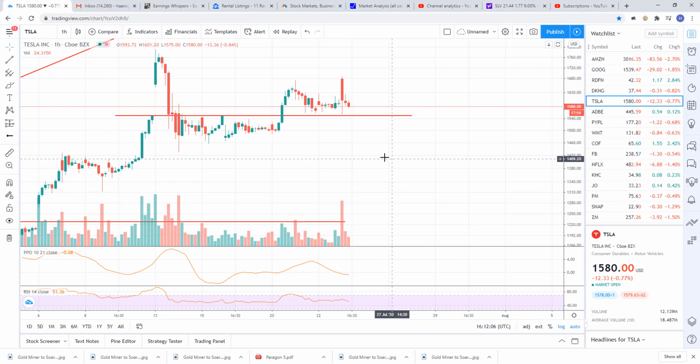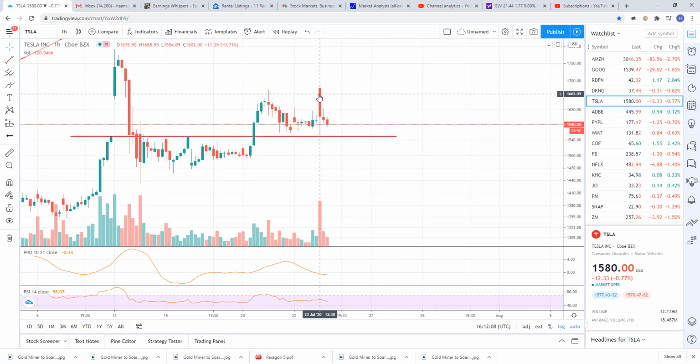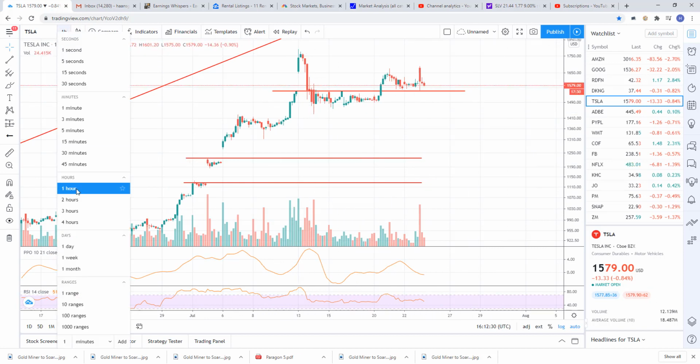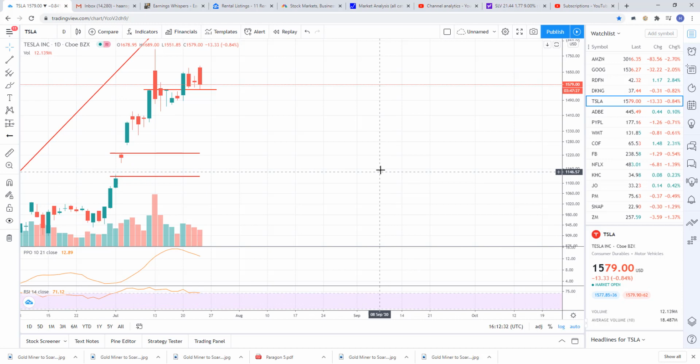But here's Tesla, and basically holding above this gap right here. This is the gap. So this is what it's been trading off of recently. This gap of around 1550. We broke below it, but not impulsively. I mean, the breakdown below the level, it just kind of hung out right down there, broke back above it. Now it's holding right above it. So ultimately, this thing's just chopping up and down on the hourly. I don't see anything to really trade on this yet.